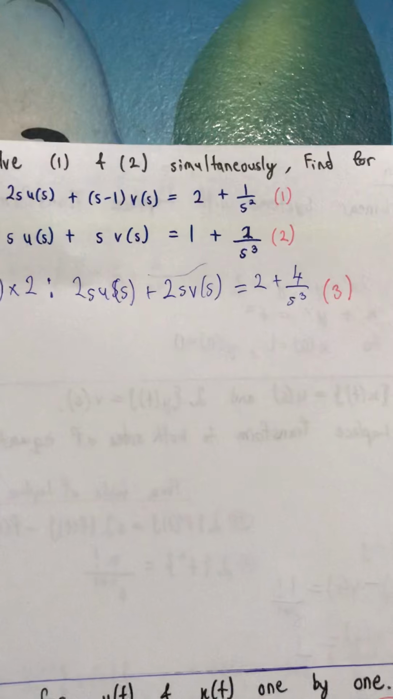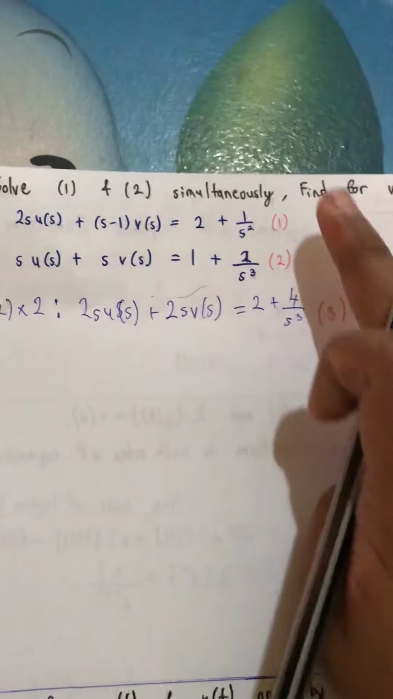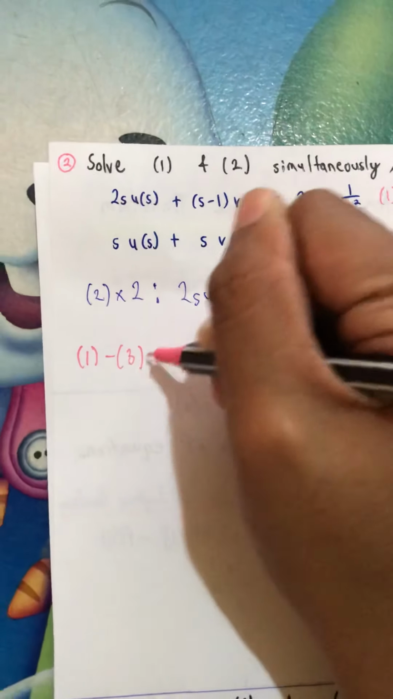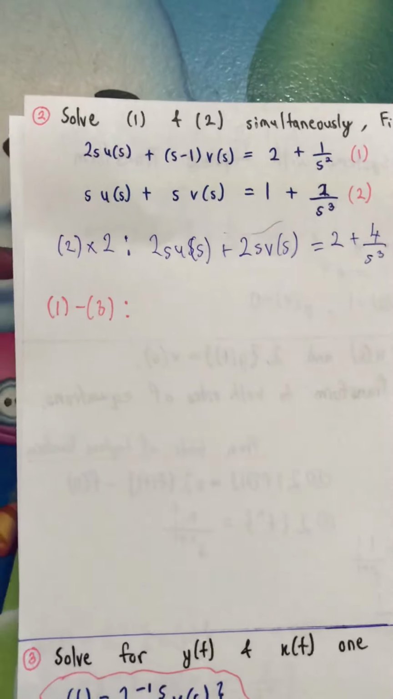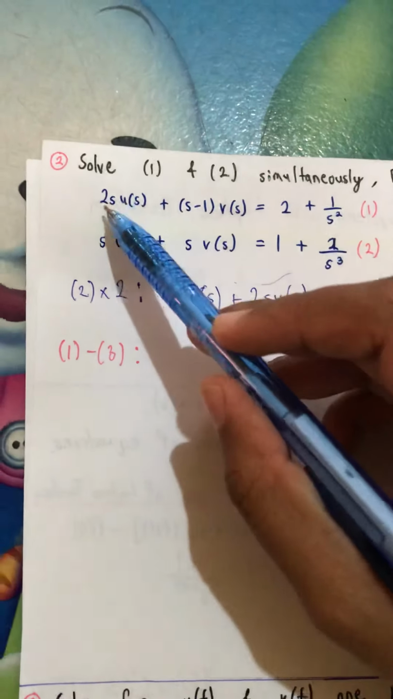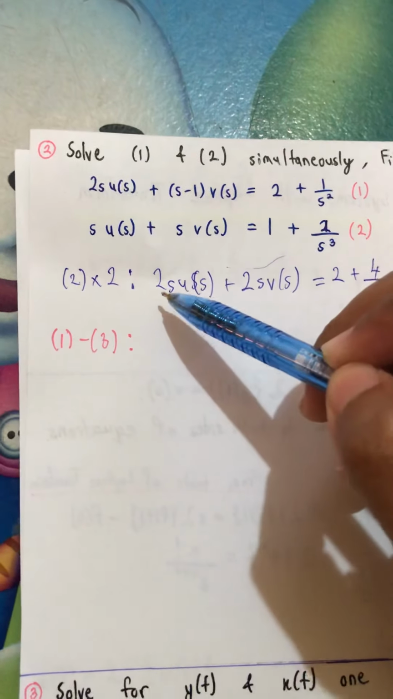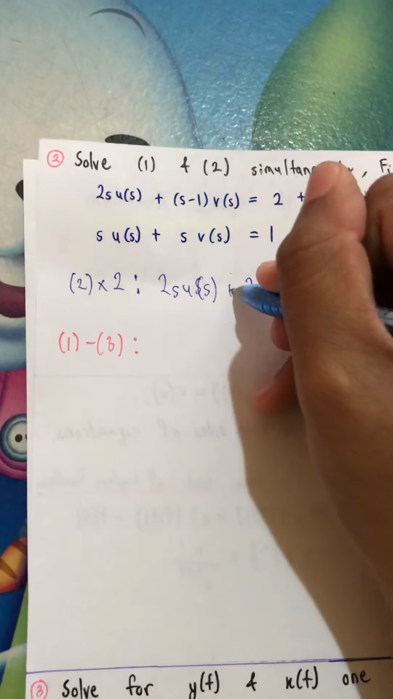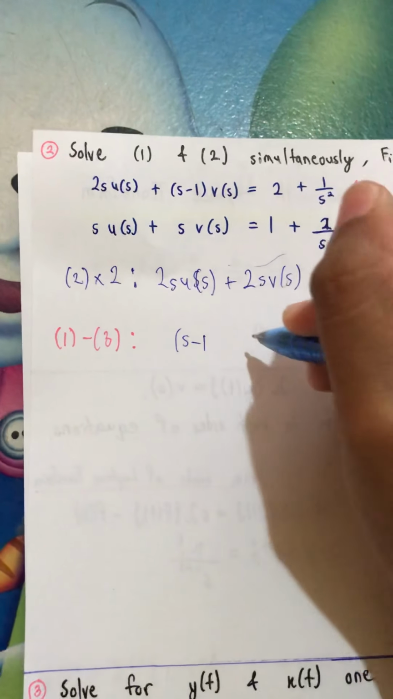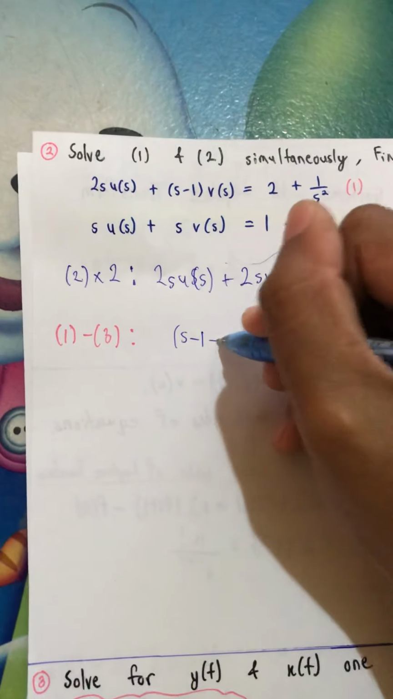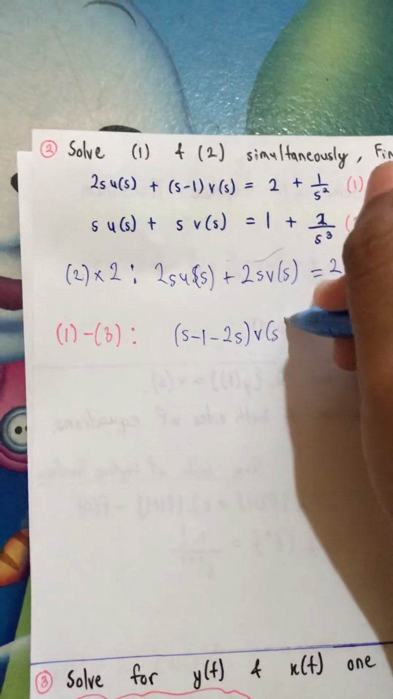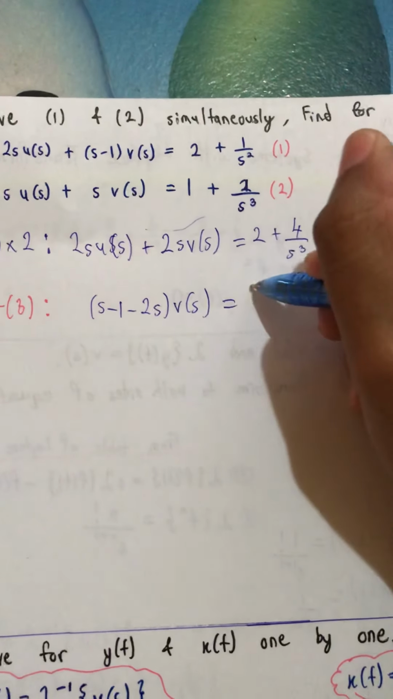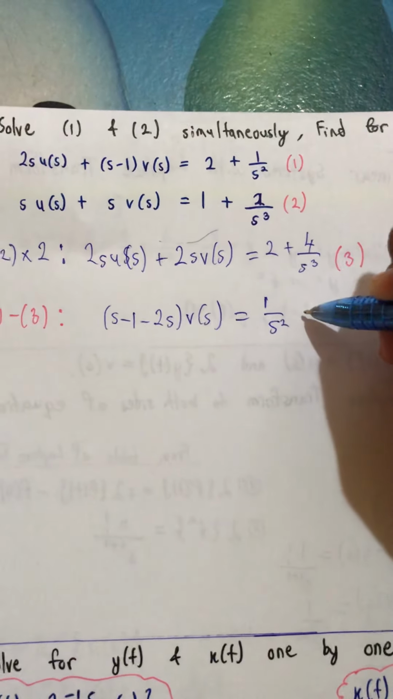And then the next step we can minus the first equation with the third equation. First equation minus the third equation, and then we will get 2sus minus 2sus, so we get 0, and then this minus this, so s minus 1 vs minus 2s vs equal to this 2 minus 2 becomes 0, and then we have 1 over s square minus